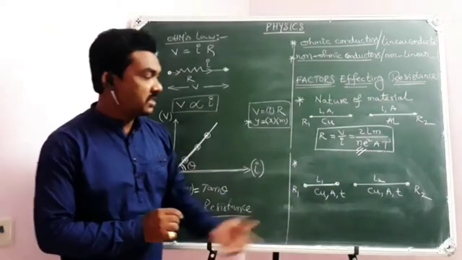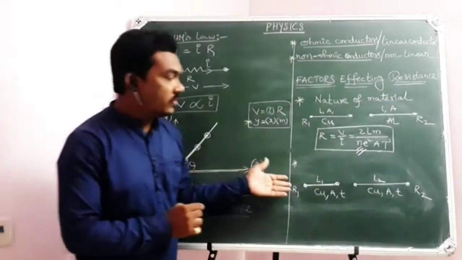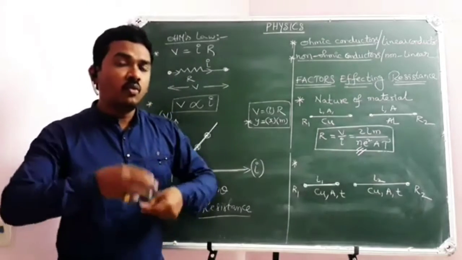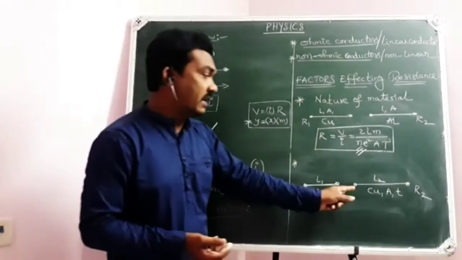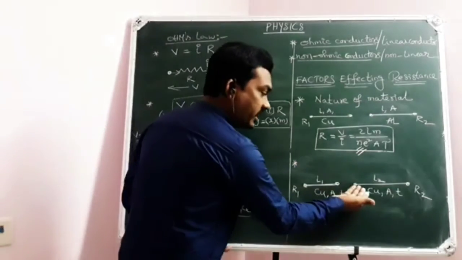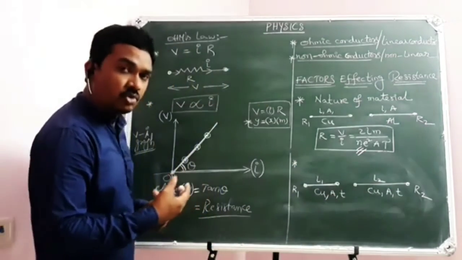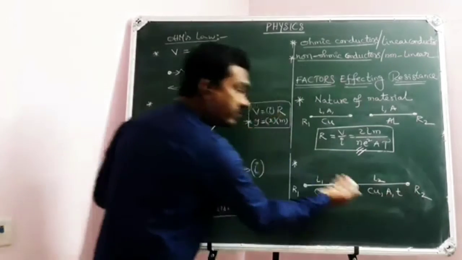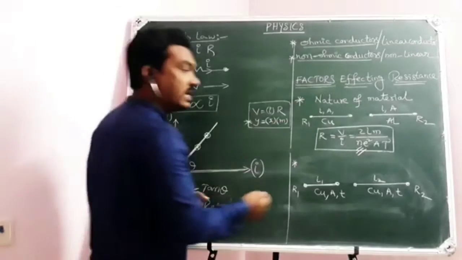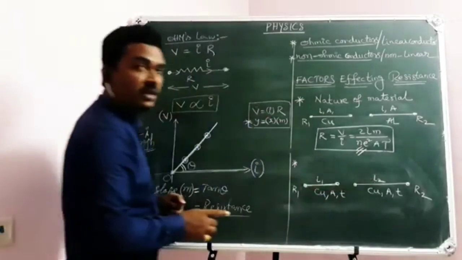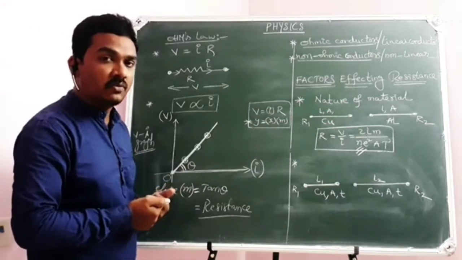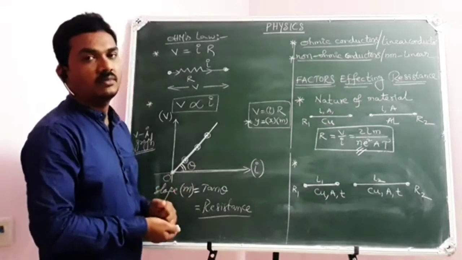I can give you a theoretical explanation to this. As the length of the conductor increases, there is a possibility for electrons to go for more number of collisions, as they need to travel over the greater length. When current is passing through these conducting wires, the electrons have to travel more length through the wire, so that there is a possibility for more number of collisions, so that the conducting wire of greater length can offer greater resistance due to the possibilities of more number of collisions.